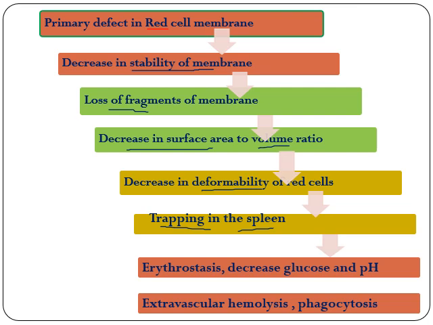That means that RBC will stagnate. With that, there will be a decrease in glucose and pH, which will aggravate this process. So there will be more destruction of RBC in the spleen. Since there is destruction of the RBC in the spleen, it leads to extravascular hemolysis due to phagocytosis.